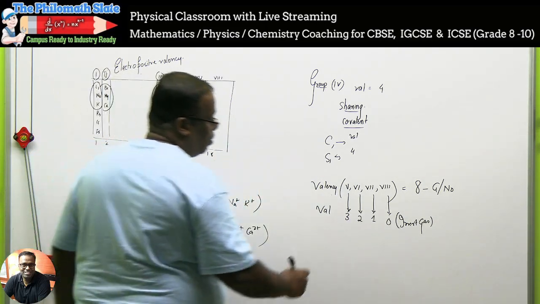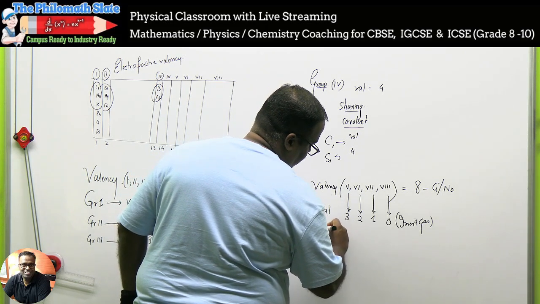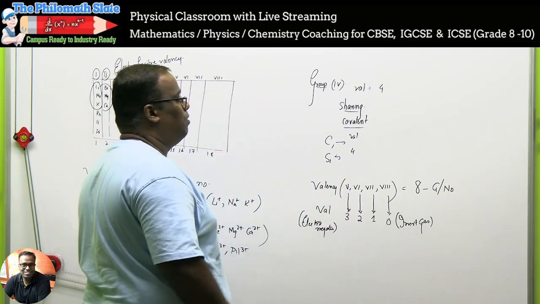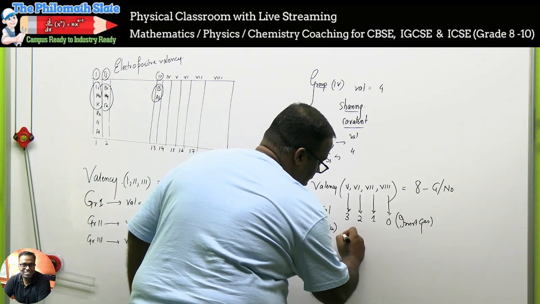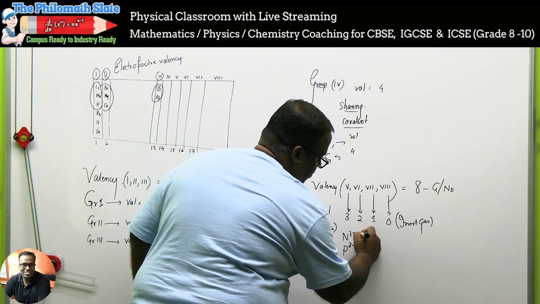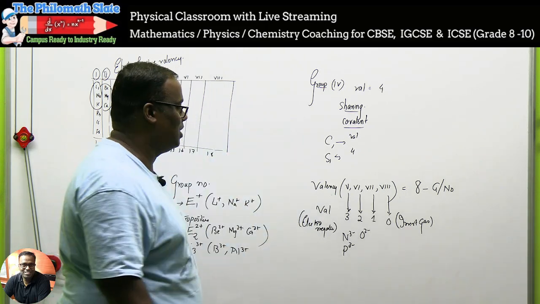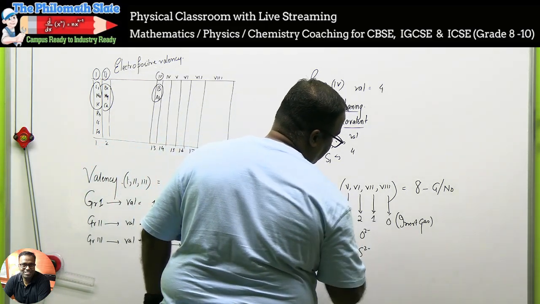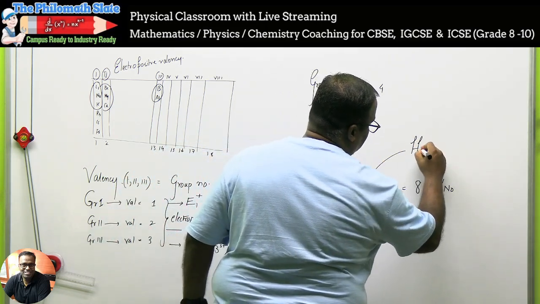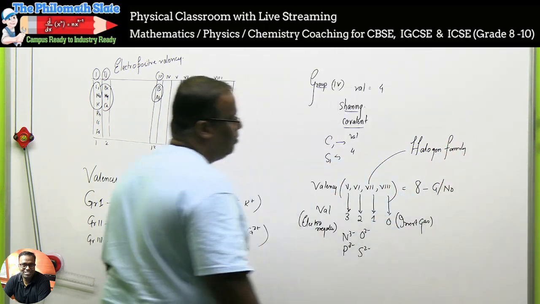But mind you, all these valencies will be electronegative. If I have an element in group number 5, the elements here are nitrogen, 3 minus, and phosphorus, 3 minus. Then here I'll have oxygen 2 minus. Now you understand why oxygen is 2 minus. Now the story becomes clear. And I would have sulfur 2 minus. Then number 7, this group is known as the halogen family. Okay, know the names.